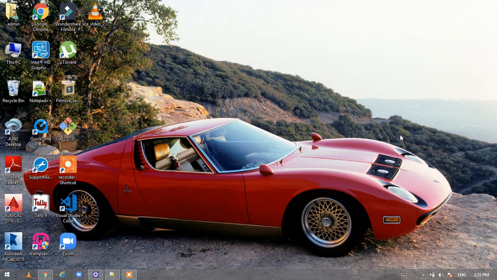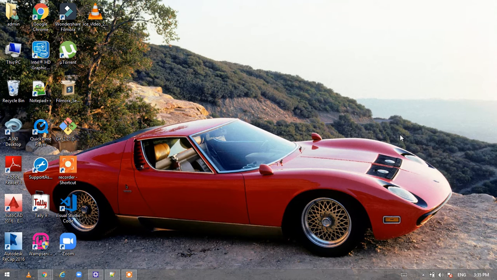Today we're gonna learn how to install Oracle database onto the system. So we're gonna install Oracle 11g. The 11g is a version of the database. Also we're gonna install SQL Developer. We'll be using SQL Developer to interact with our database.